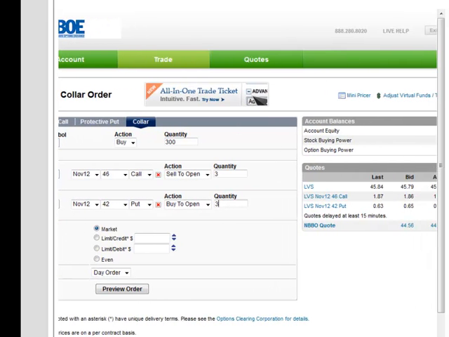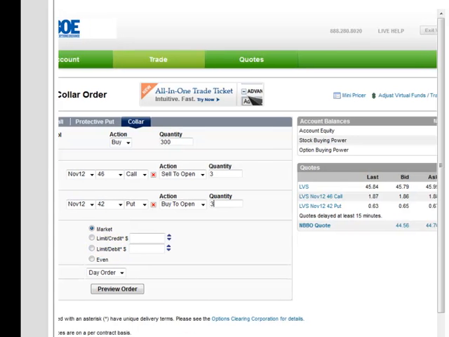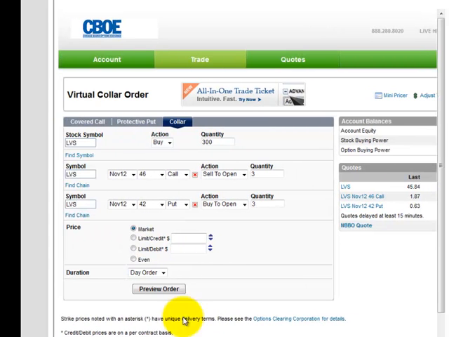Now, if you want to, you can set a limit, but for beginners, sometimes you won't get your order filled if you choose the wrong price, and it sort of helps to be available when the market's actually open to check back in to make sure that you got filled on the order. So we're just going to do market. We can certainly talk about limit orders at another stage. The day order, that's how long the order is going to be in the market for. It only needs to be in there for a day, because it's going to get filled straight away anyway at market. So I'm clicking preview order,